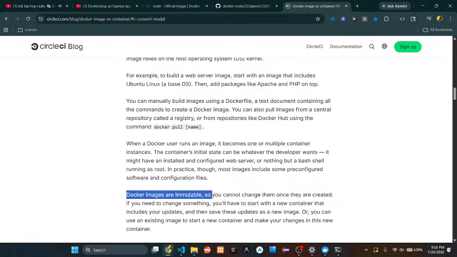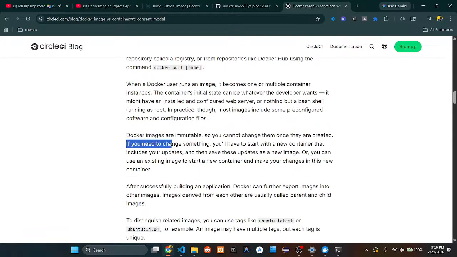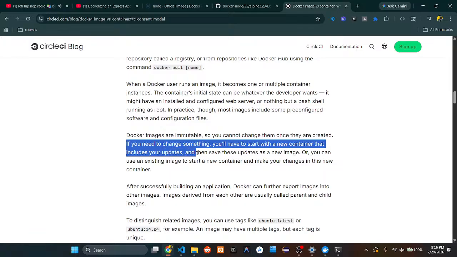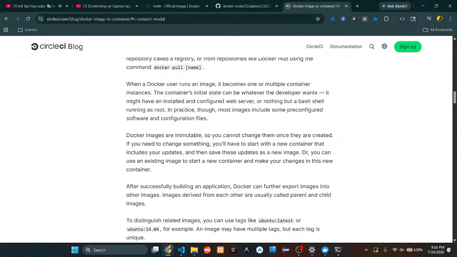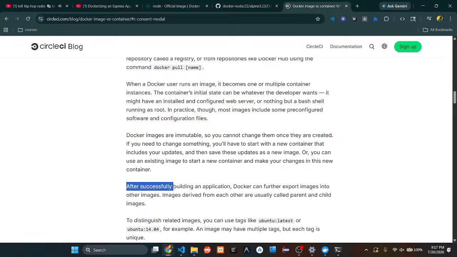Docker images are immutable, so you cannot change them once they are created. If you need to change something, you'll have to start with a new container that includes your updates and then save these updates as a new image. Or you can use an existing image to start a new container and make your changes in this new container. After successfully building an application,